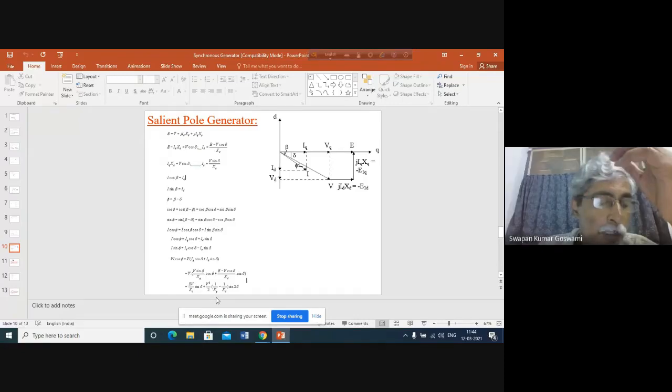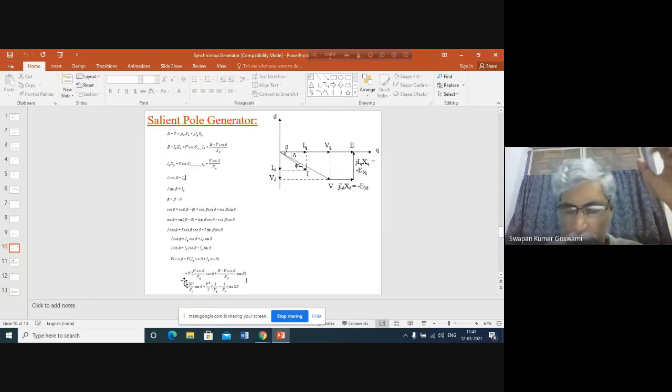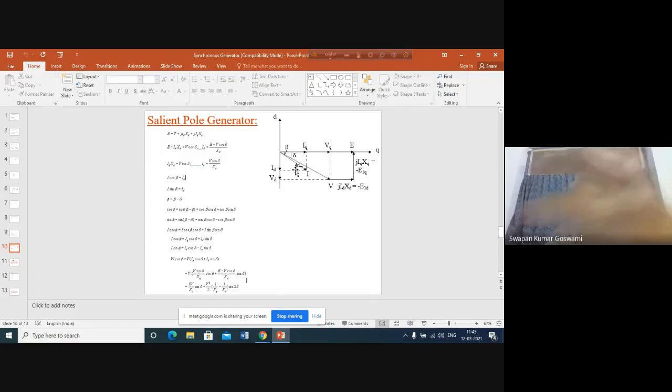No, sir. Now, how similar is this expression with respect to the expression for active power for cylindrical rotor machine? What is the similarity and where is the dissimilarity? Because our intention is not to simply draw the phasor diagram, because we want to see how much the behavior of cylindrical rotor machine can be said to be the behavior of salient pole machine also.